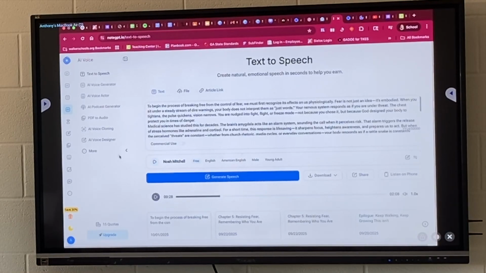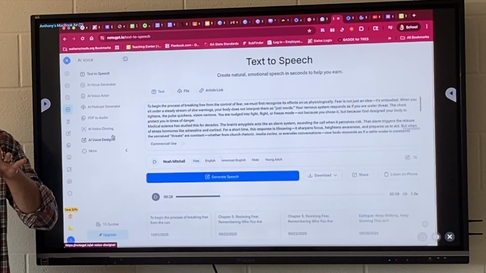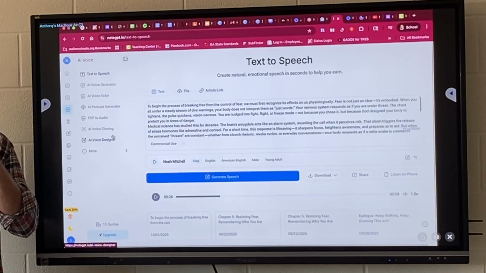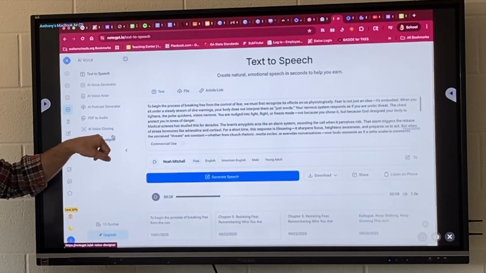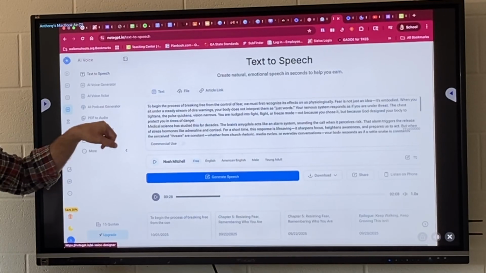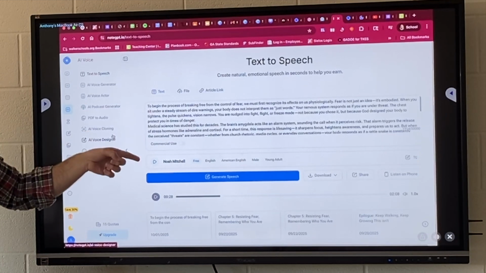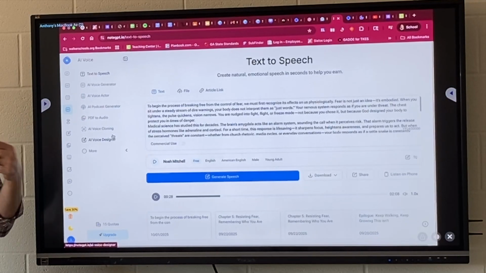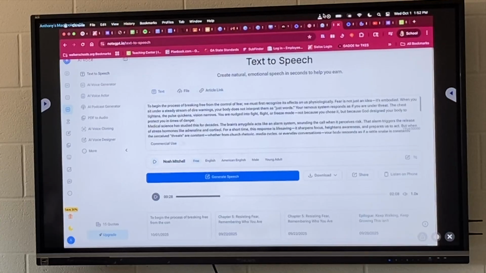In addition, if you came to my presentation last year when I talked about HeyGen, that would do the video cloning of you, where you can make a 30-second video and it'll clone your face and stuff. This actually has AI voice cloning. So if you have resources that you want to send out to students, but you don't want some bot generated voice, you want them to hear your voice, you can actually do that on here and use your voice as one of the automated voice responses that can be reading whatever documents you put in. So tons and tons of resources available. Math teachers, lots of math stuff in